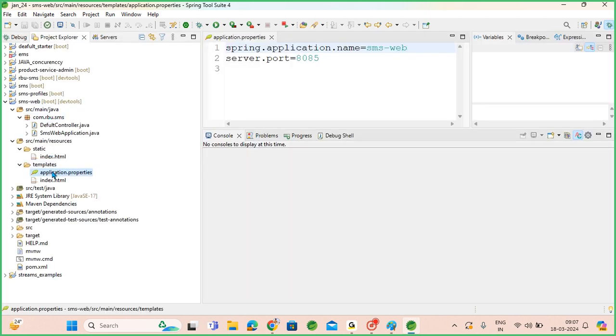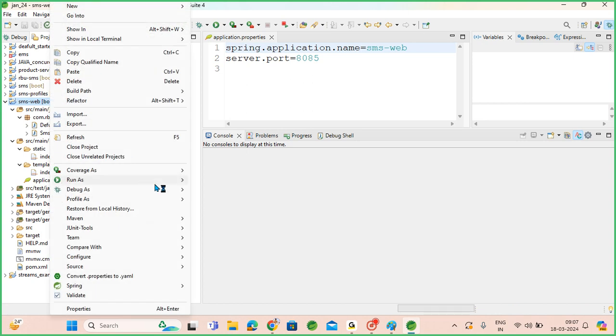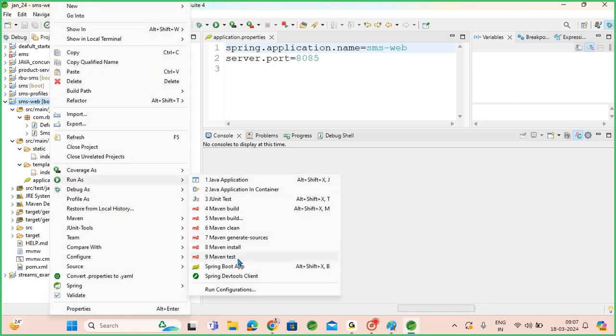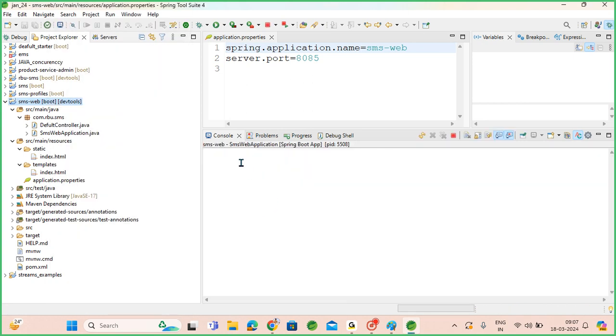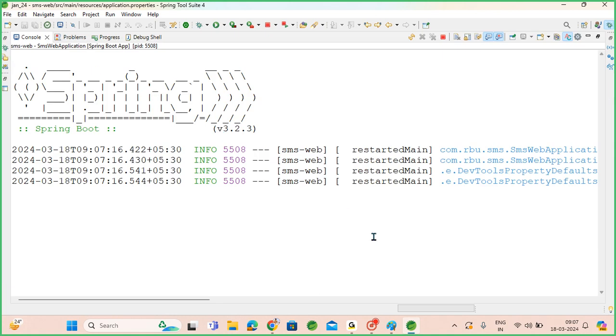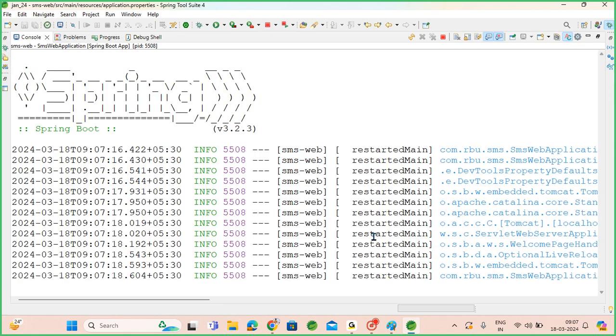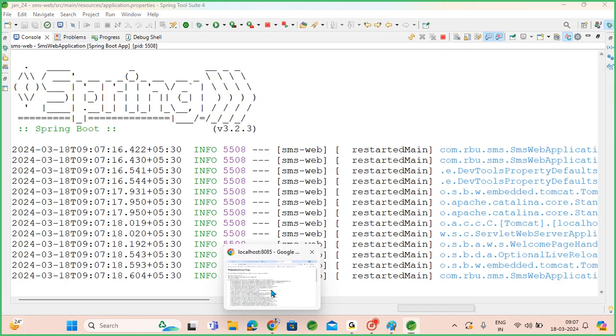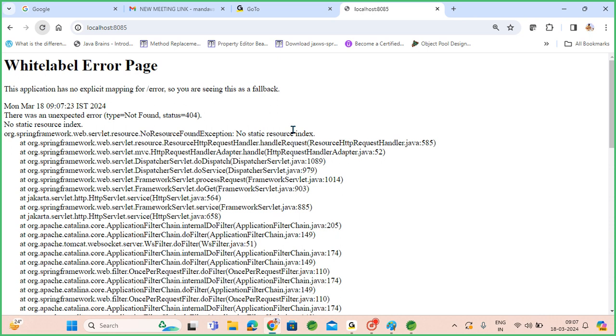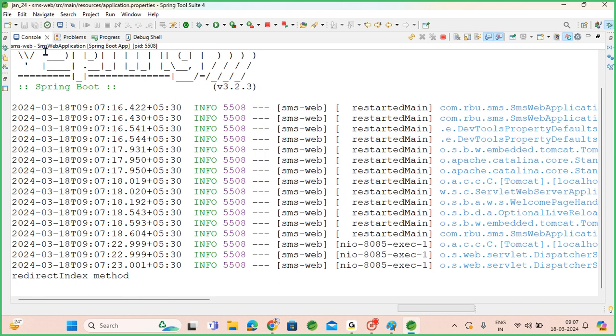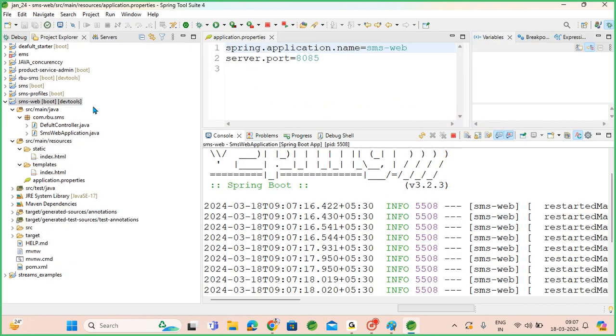Acha, this properties file we just accidentally kept inside templates. Okay, so it is getting started. Once again, I'll make a request. Okay, it is saying confidently there is no index. Okay, the problem is